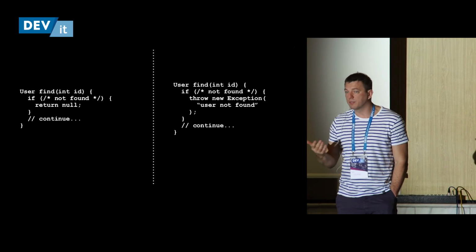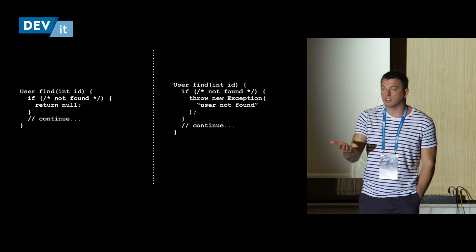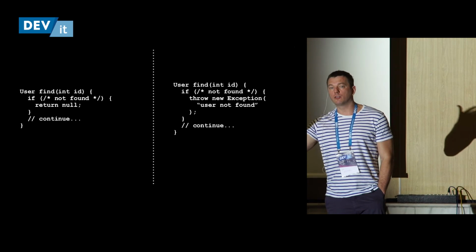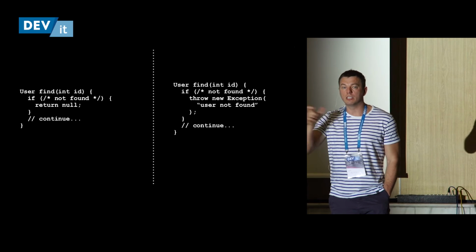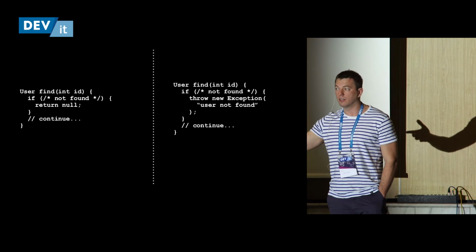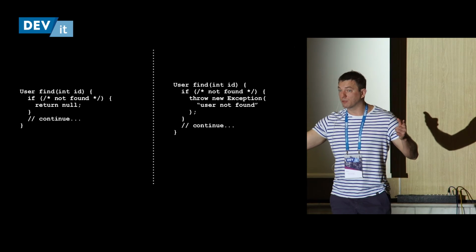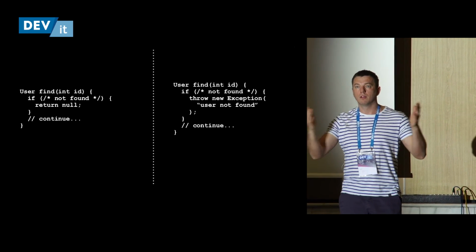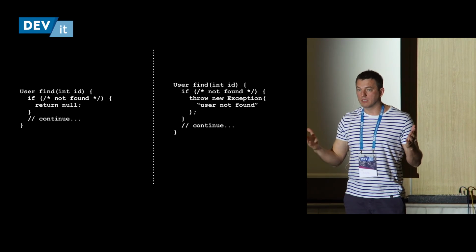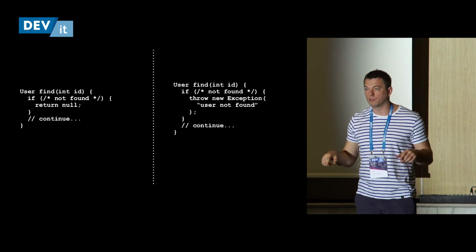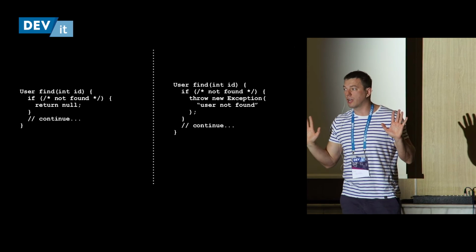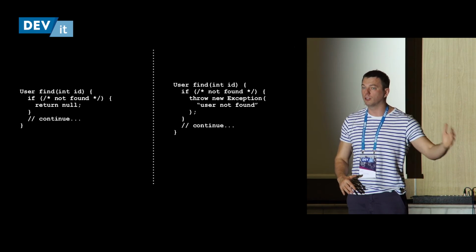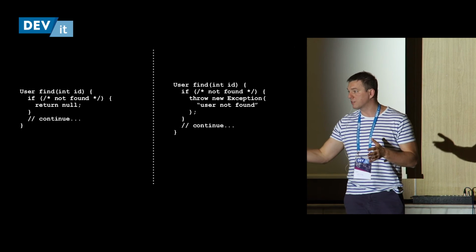We may make a mistake and still put some sensitive information into the text of the exception and say, hey, I tried to connect to the database using this login and this password, but the database is gone. And then this is the text of the exception. This exception goes up, and then the user opens the website, and then boom, the application is not available, but instead of seeing page 503, like we are sorry, internal application error, the user sees the full stack trace with the information of how exactly we tried to connect to the database, using which password and which login,